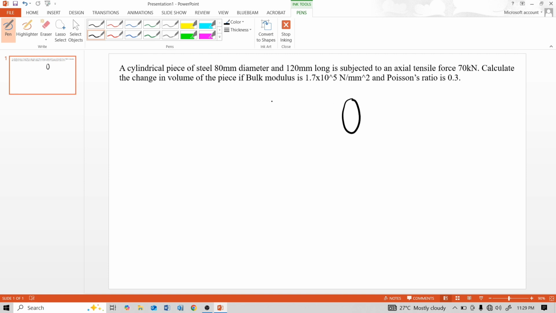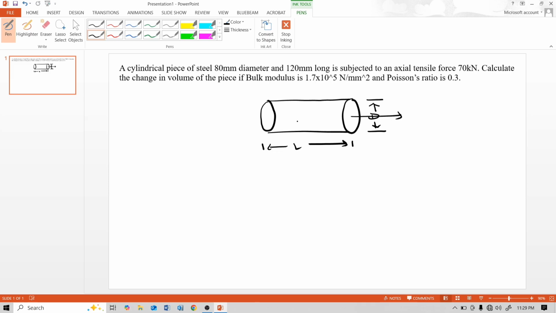a circular bar of diameter capital D, length capital L, axial tensile force denoted as P. A piece of steel 80 mm diameter, D is equal to 80 mm, and 120 mm long, L is equal to 120 mm, is subjected to an axial tensile force of 70 kN. P is equal to 70 kN,